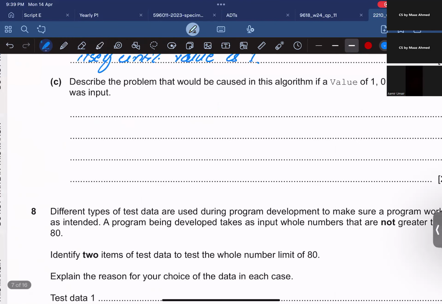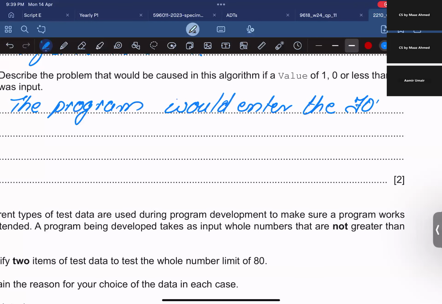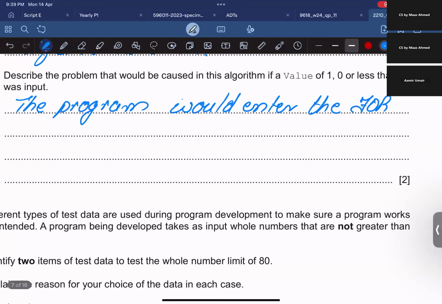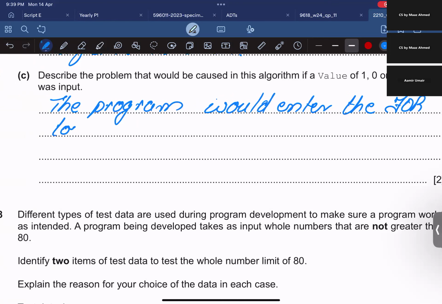The program would enter the for loop, and will continue to execute in an